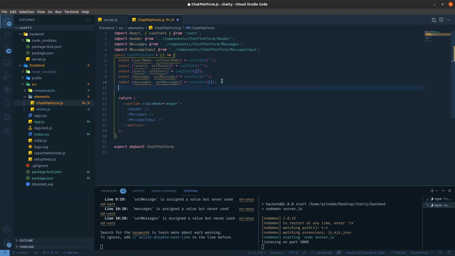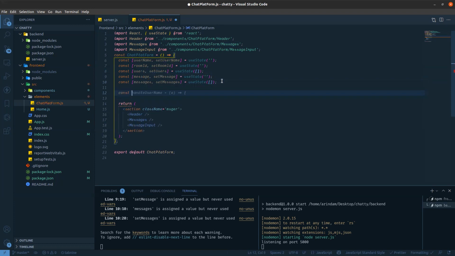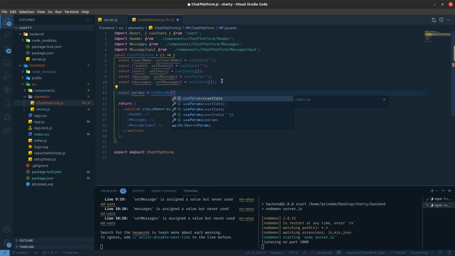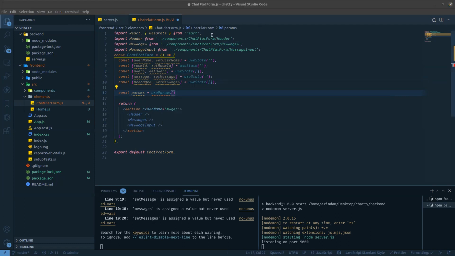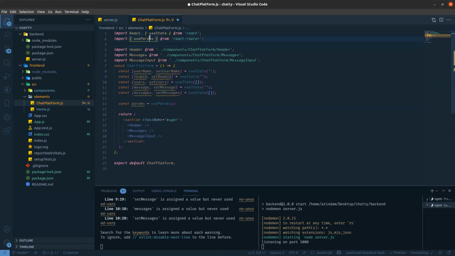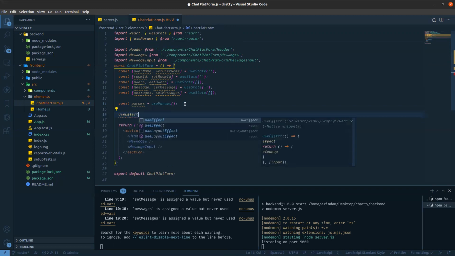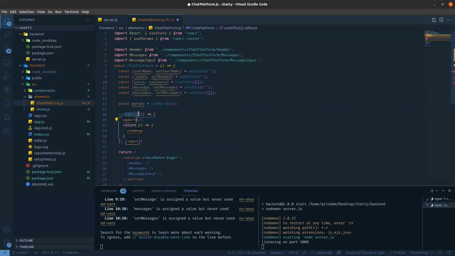Another thing for parameters: I'm creating one variable, params, with useParams. With the help of useParams, you will get all the parameters from the route path. Now I'm creating useEffect.